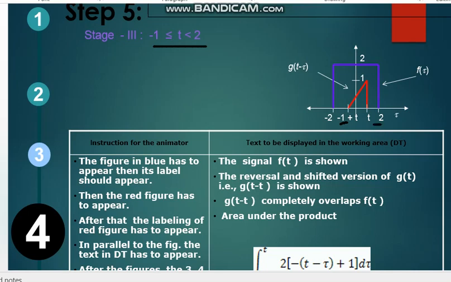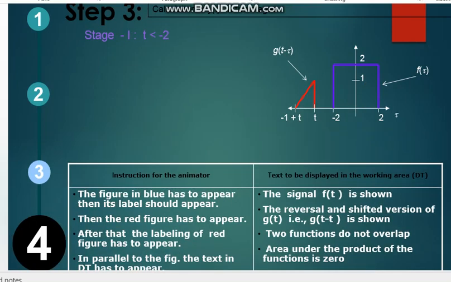That will not differ from each other, but the amplitude is 2 here and the amplitude is 1 here. There is no difference between these two, so it has to be fitted like that. But there are some changes in the equation. First of all, when they don't coincide, there isn't any area. The area under the product of the functions is 0, so we don't get any value in that portion.